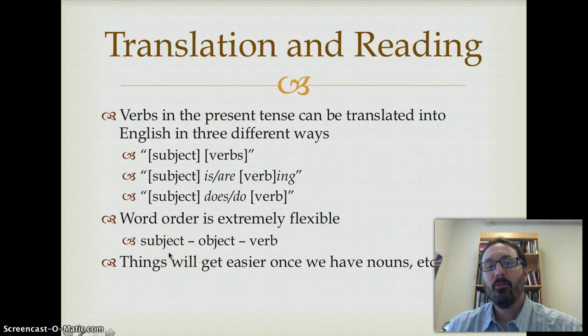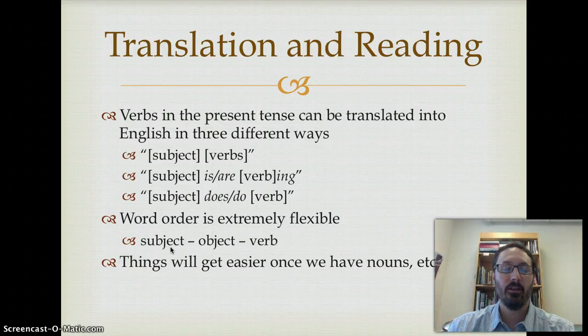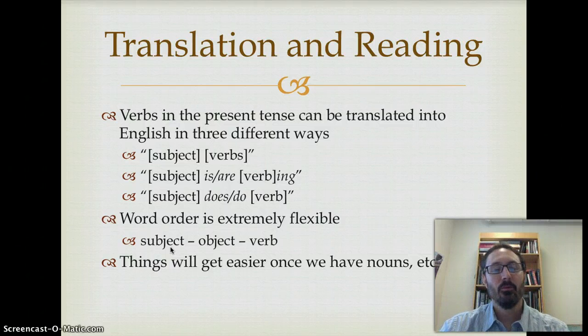Another trick of Latin is, of course, and I mentioned this earlier, I think on Thursday, that the word order in Latin is extremely flexible. So in English, of course, we go subject, verb, direct object, as in Bill eats cake. In Latin, that order would probably be something like Bill, cake, eats, but that's not a hard and fast rule. You just have to be flexible with your potential word order, following the rules, and we'll talk about that more later. Once we have nouns and things, this will all make much more sense and be easier for you.